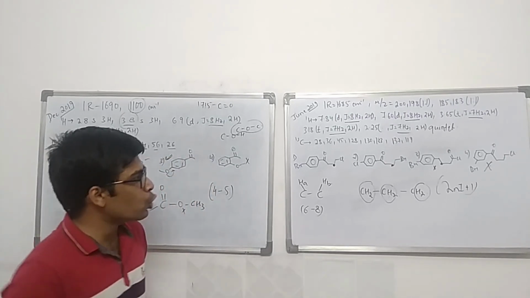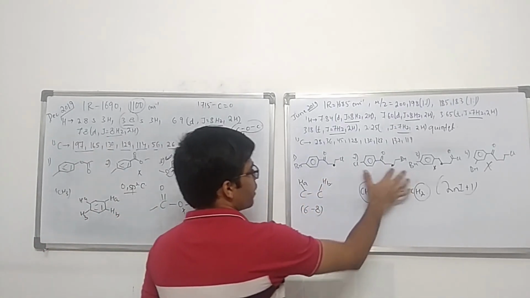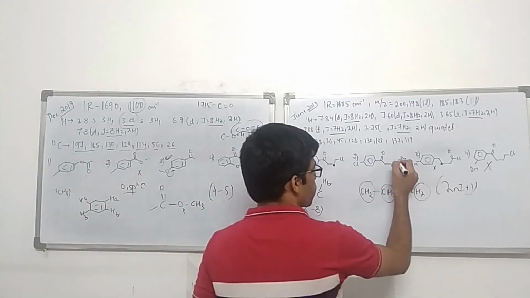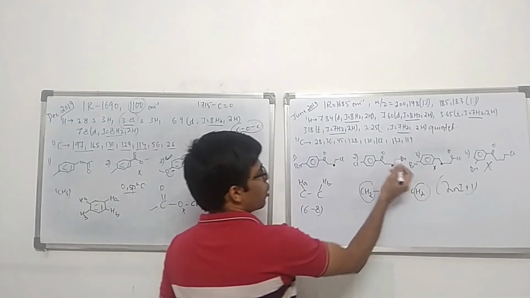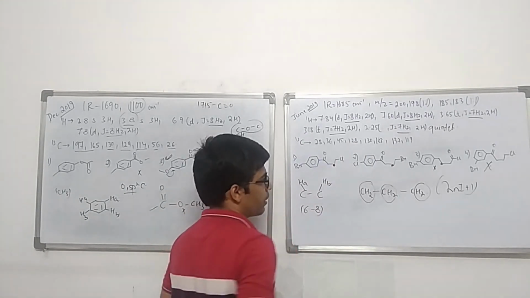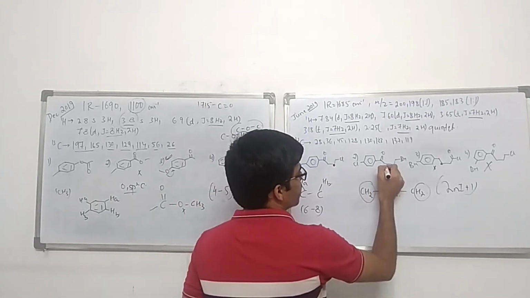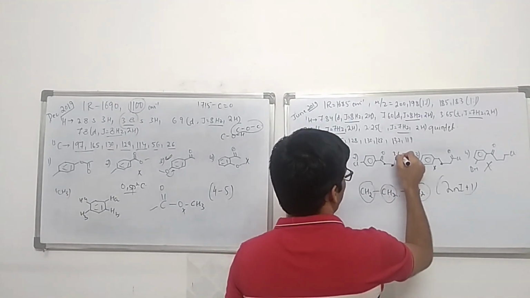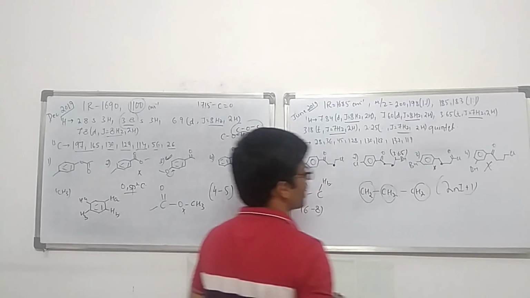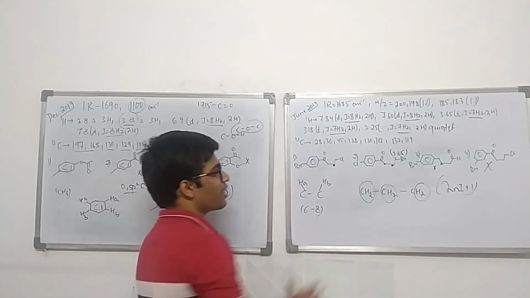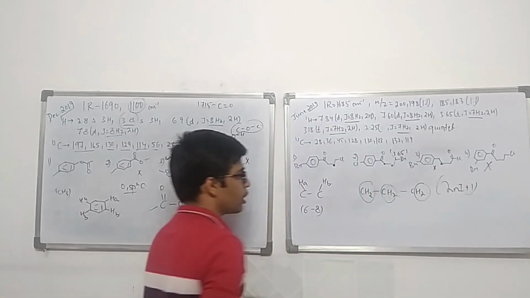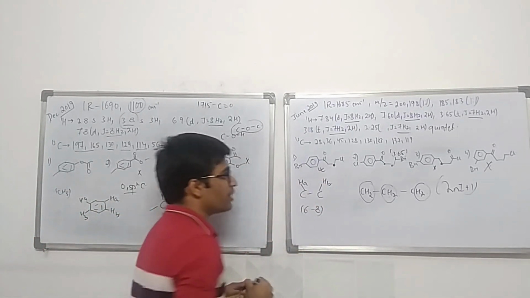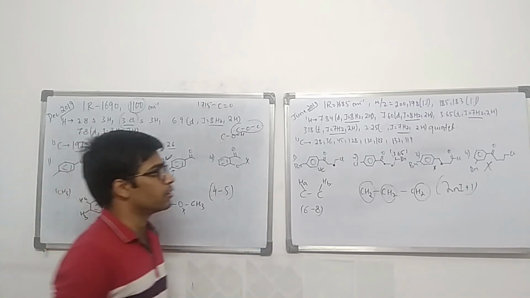Now compared to chlorine, bromine is not a very highly electronegative group. So the protons at this carbon cannot have a value of 3.18. Even if you consider that this is having a value of 3.18, the other one should have 3.65 because of being attached to a highly electronegative group, but that is not possible because bromine is a very less electronegative group. So I can say the structure is this, but there is another way you can confirm this answer using the